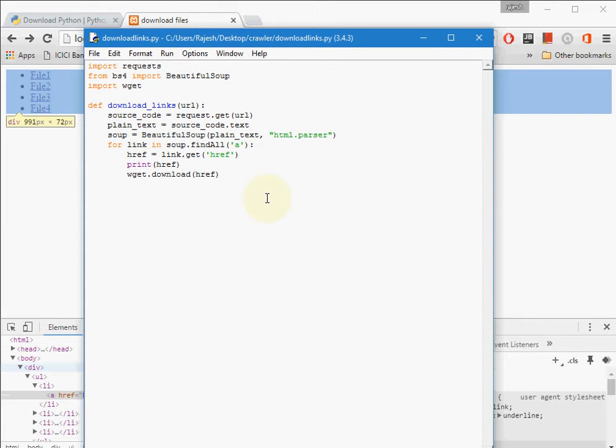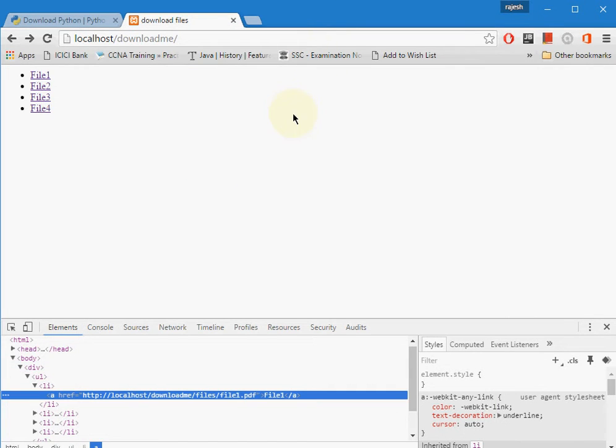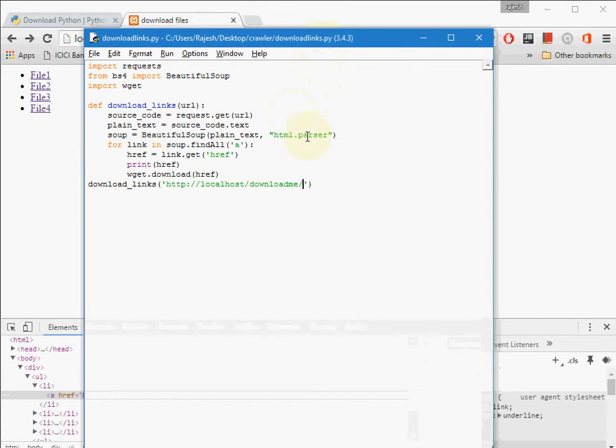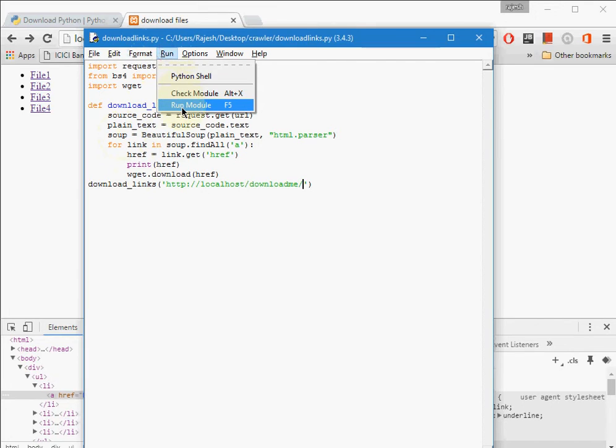Now it's time to call the function. Write the function name and give the URL inside that. So in my case the URL is this. Copy it and paste it here and save it. Now I am passing this URL to this function. So Control F5, or you can go here, run module.